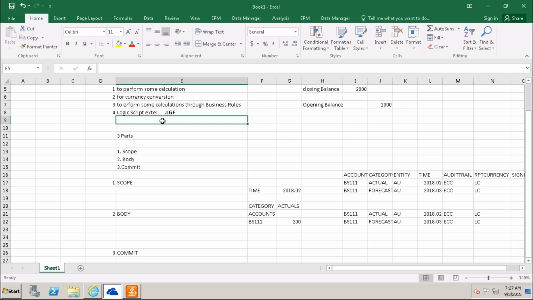Another file, an LGX system file, will generate, and that extension is .lgx. So when you open and see, you can have both the .lgf and .lgx script files.